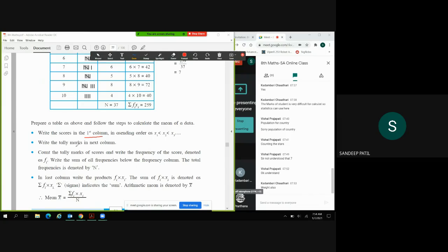Write the tally marks in the next column. So tally marks हमने next column में लिख दिया. Count the tally marks of the score and write the frequency of the score. तो हमने इसको काउंट करके इस टेबल इस कॉलम में लिख दिया. In the last column, write the product. इन दोनों का प्रोडक्ट हमने लास्ट कॉलम में लिख दिया और उनका एडिशन कर दिया. And